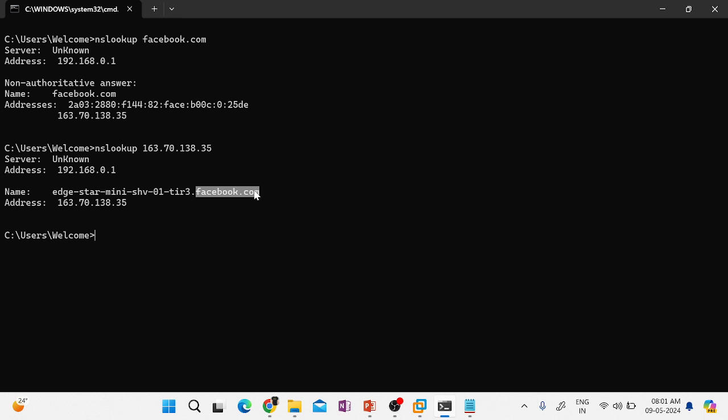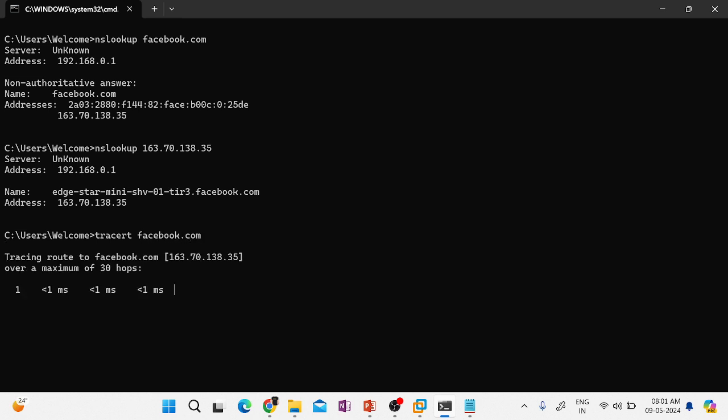Say for example, there is an application issue, you are doing some troubleshooting, and you are doing the traceroute. Say for example, tracert facebook.com. Now you are trying to understand how the connectivity is going from my laptop to the facebook.com server.